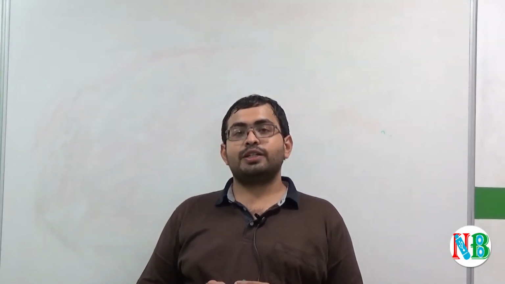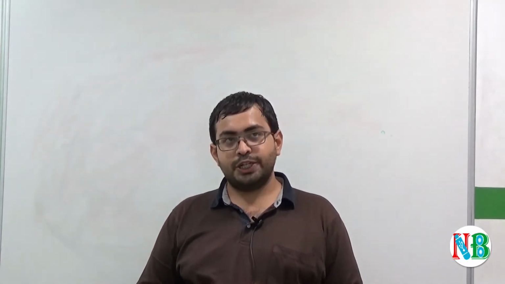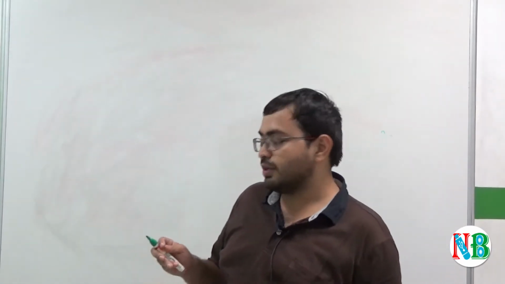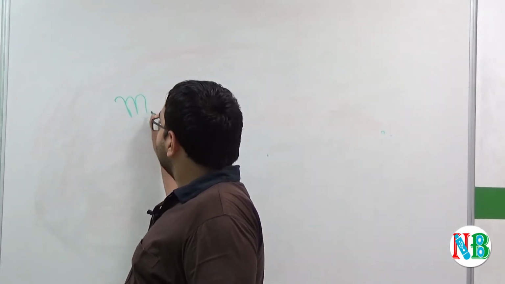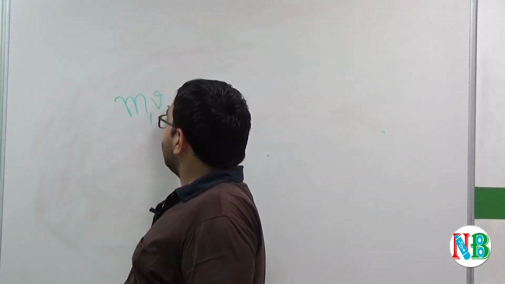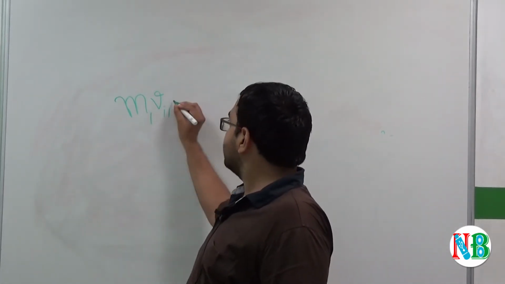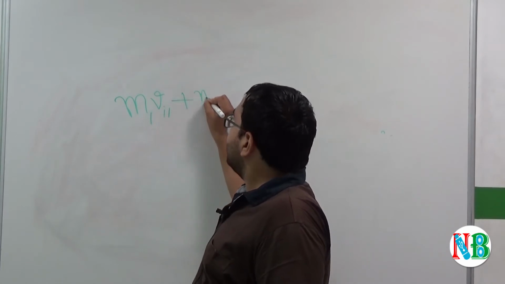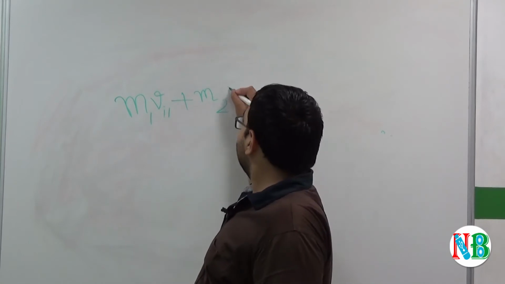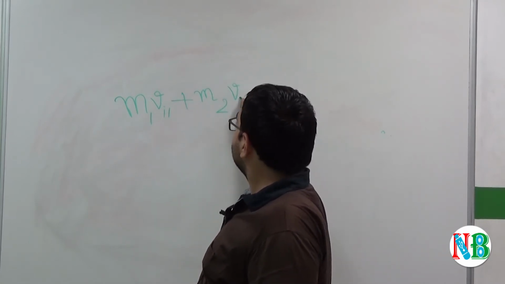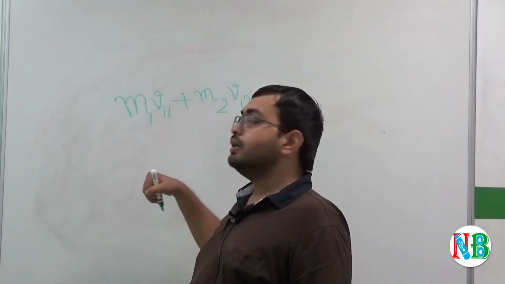So if we equate the total momentum before and after the collision, we obtain that m1, the mass of the first body, times vi1, the initial velocity of the first body, plus m2, the mass of the second body, times vi2, the initial velocity of the second body, is equal to